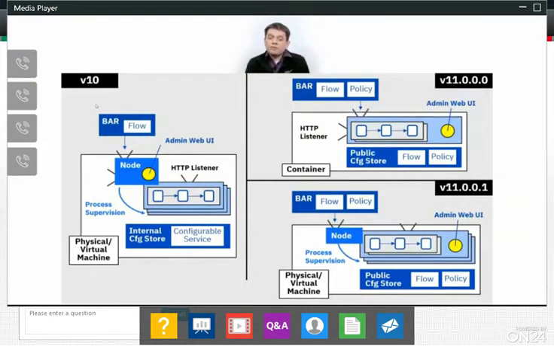Now, in this diagram, we're showing the flows and the policies being deployed into a server and then stored on a public configuration store. This is really just saying public in the sense of there's public definitions for what those artifacts should look like. I don't really mean public here in the concept of a publicly accessible web browser or file system, anything of that nature. This is still very much deployed as software. It's on privately held disks, privately held computers. But the fact that it's got a public definition, is no longer internal or proprietary in any of its ways,